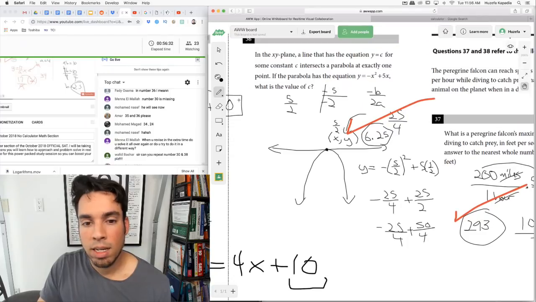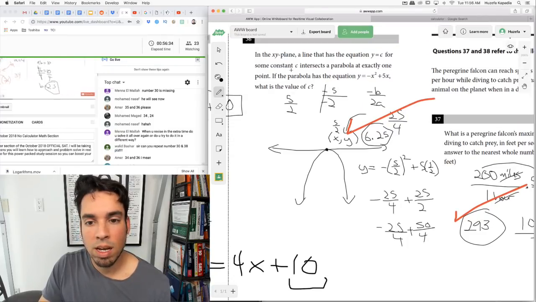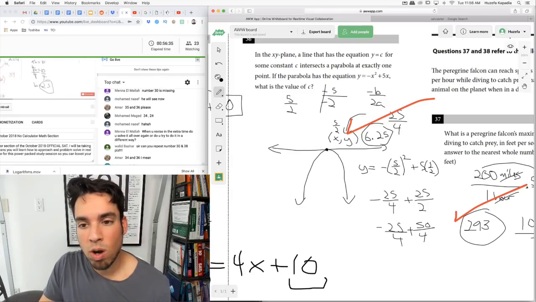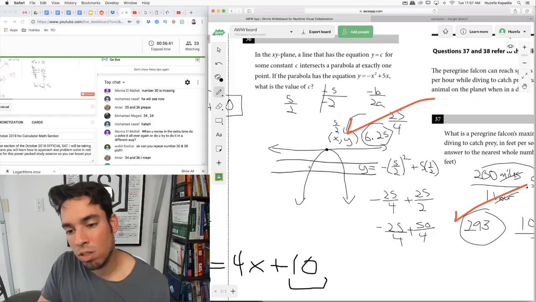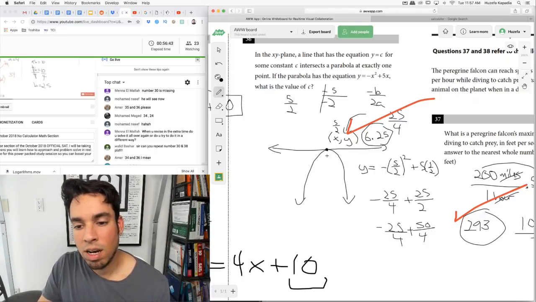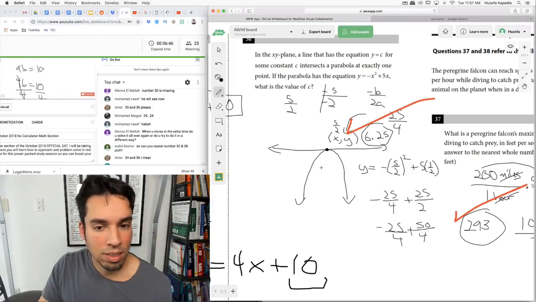And then equals anything is a horizontal line. So it can't be the vertex. So we know that if it's intersecting at the vertex, this parabola, and we're good. The vertex,